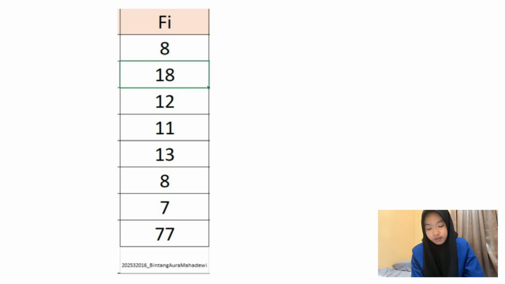This is accomplished using the COUNTIFS function in Excel, which applies two conditions. The value must be greater than or equal to the lower bound and less than or equal to the upper bound of each class.